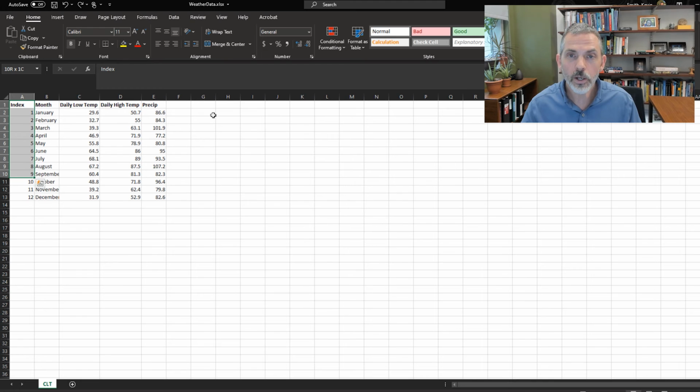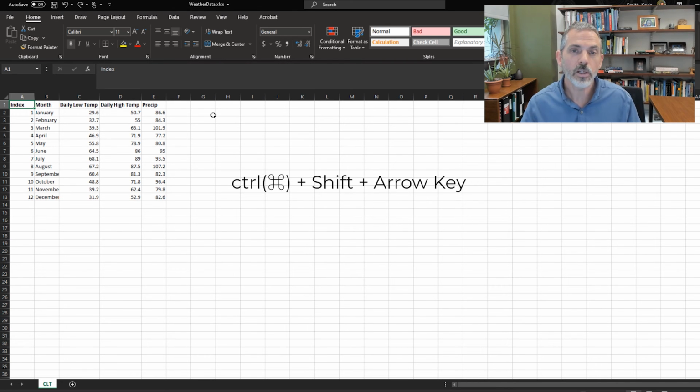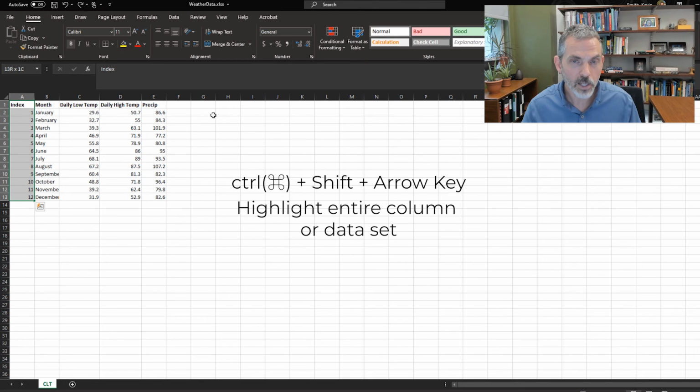We can do this one cell at a time using Shift and arrow key, and we can make these selections any size and shape that we want to be able to highlight the exact range of data that we want to highlight and move around. We can also combine these two sets of keyboard shortcuts. If we hold the Control and Shift key together and then use the arrow keys, this will very quickly highlight an entire column or highlight our entire data set, again if we wish to cut, copy, and or paste and